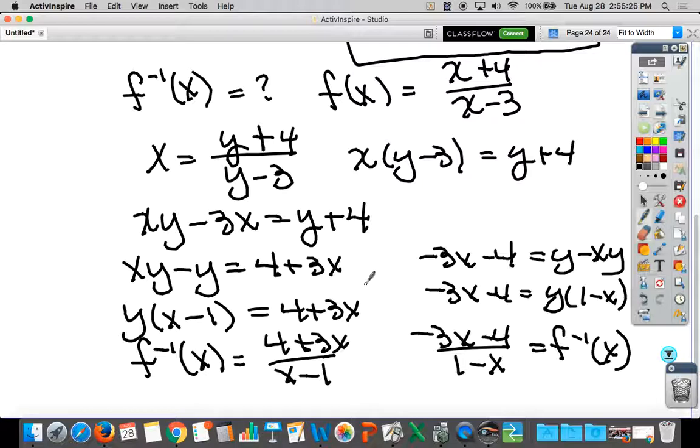Okay, so tomorrow's lesson, what we're going to do is we're going to pick up and we're going to practice more inverses like these. We're going to go over natural domain and range and do some solving with inverses in it. So, all right, so we're going to call this